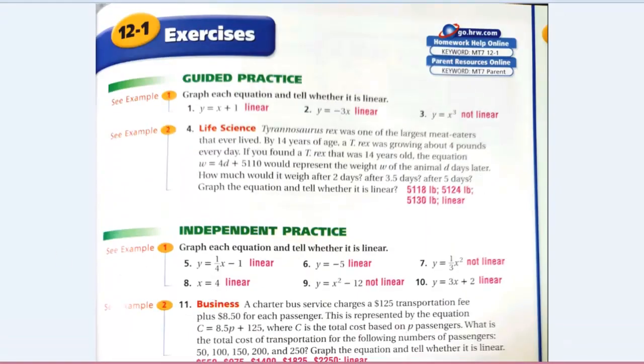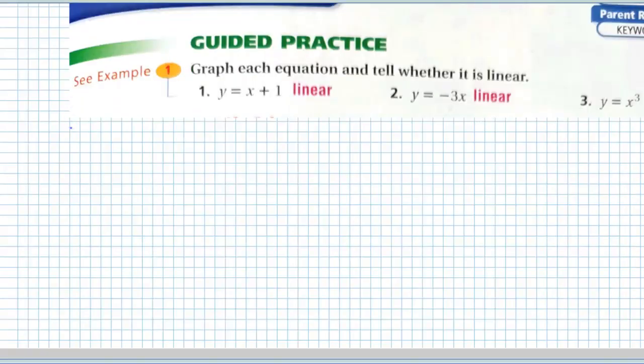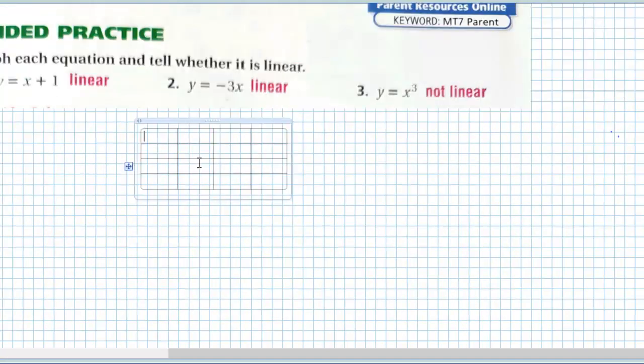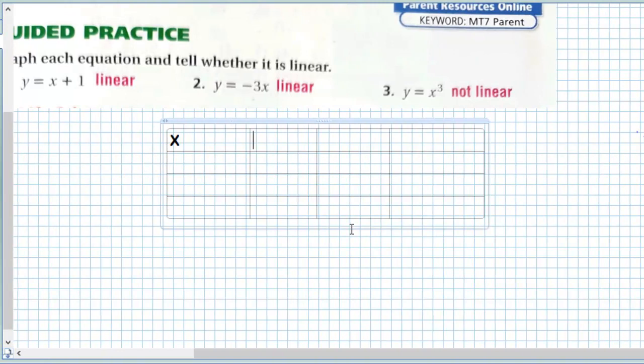Let's solve our book, Chapter 12, Lesson 1, page 631. Let's start solving. We have y equals x plus 1. How will we solve here? First, we will draw a table. We will have x here, and here we have x plus 1, the value of y, and then